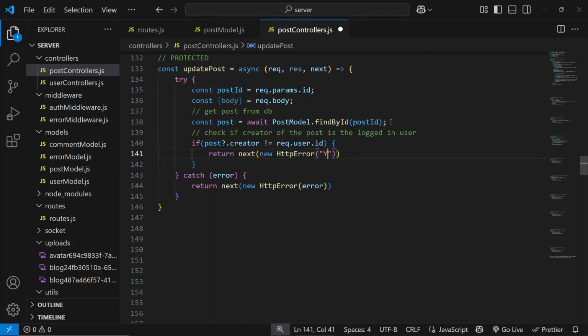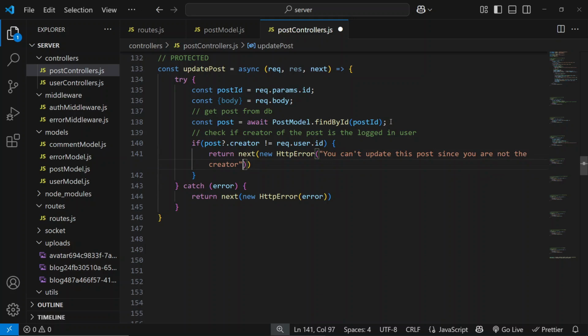you can't update this post since you are not the creator. And I'll say 403, forbidden action. Okay,